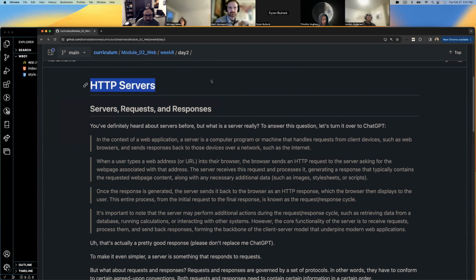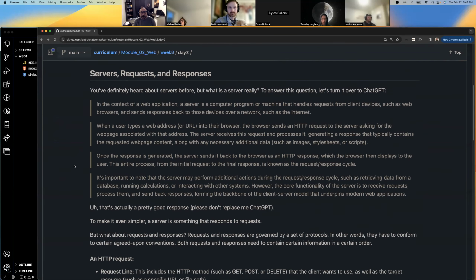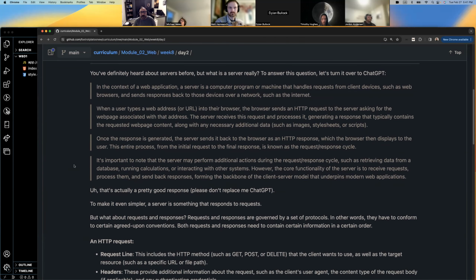We're on HTTP servers, y'all. And we're going to be talking about servers, requests, and responses. There's a ChatGPT bit here that you all may read that explains how servers work. I don't want to get in the habit of reading ChatGPT output for you guys. Seems counterproductive, but